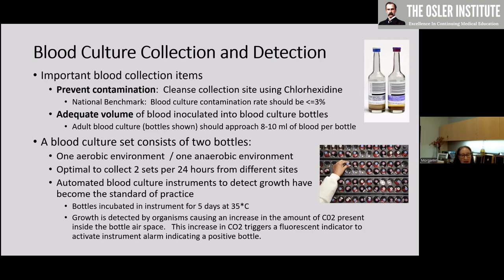A blood culture set, of course, consists of 2 bottles, a so-called aerobic environment bottle and one anaerobic environment. It is optimal to collect 2 sets per 24 hours. Each set is from a different site. Most laboratories use automated blood culture instruments to detect growth. It has become the standard of practice. Bottles will be incubated in these instruments at 35 degrees centigrade for